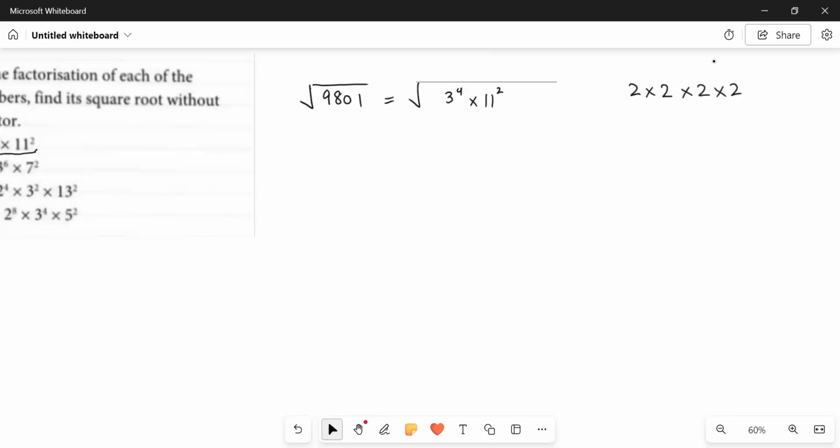ठीक है, अगर हमारे पास 4 2s होते थे तो हम 2 2 के पेयर्स बना रहे थे. ठीक है, बट हम इसको 2 स्क्वायर इंटू 2 स्क्वायर भी लिख सकते हैं. एंड वी हैव ऑलरेडी लर्न्ट के प्राइम फैक्टराइजेशन के अंदर हमारे पास जो नंबर्स रिपीट होते हैं हम उनको इंडेक्स नोटेशन में एक साथ भी लिख सकते हैं. We can write it down as 2 raised to power 4, since we have 4 2s in this number.